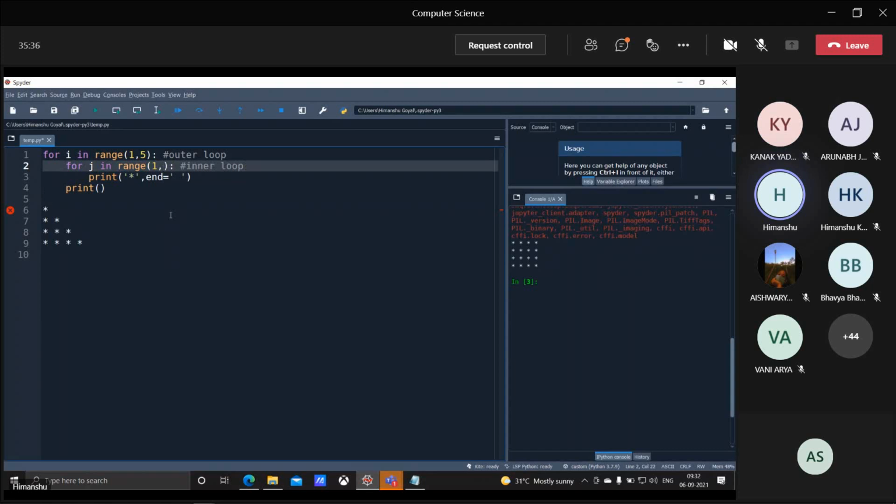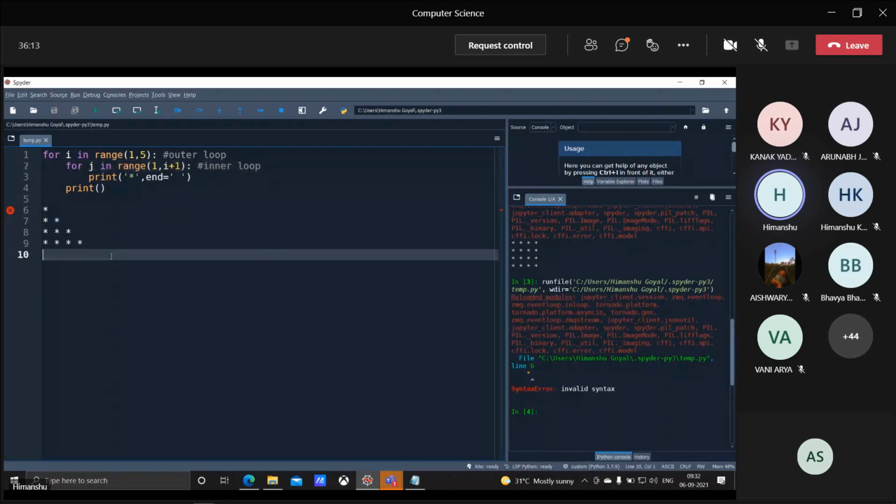So if it is dependent on the value of I how many columns have to be printed, then we are going to print that particular row depending on the value of I, that many times. I plus 1, sorry, 1 comma I plus 1. That means if the value of I is 1, only one column will get printed in a particular row. If the value of I is 2, 2 columns. If the value of I is 3, 3 columns. If the value of I is 4, 4 columns. If I run this program,